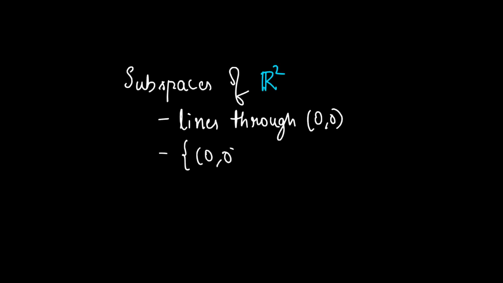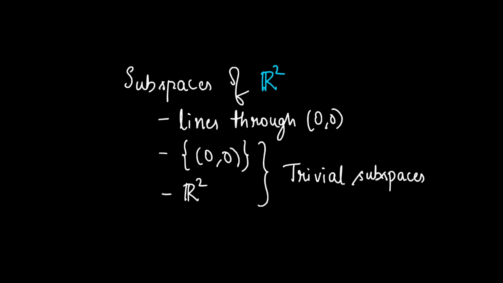Now let us see if this set is a subspace of R2. It is closed under addition and it also contains (0, 0), or the additive identity. But if we scale any point in this set by a negative number, it leads to a point which is not in this set, so this set is not closed under scalar multiplication, so it is not a subspace of R2. The subspaces of R2 are all the lines through origin, the set R2 itself, and a singleton containing the additive identity. These are the trivial subspaces.